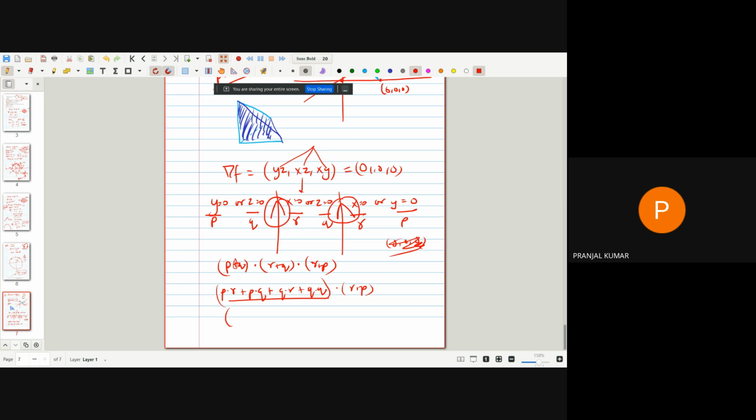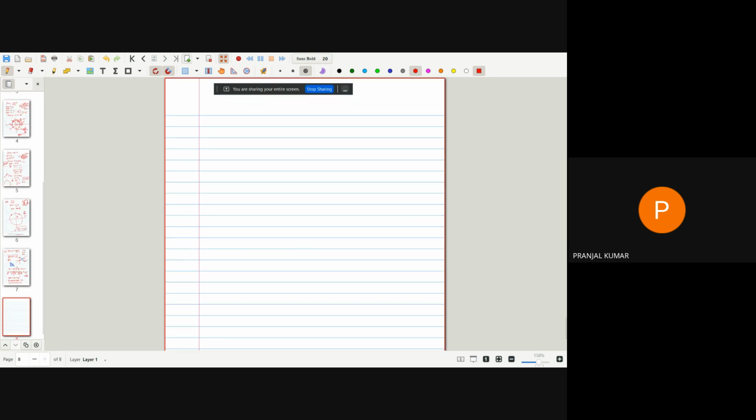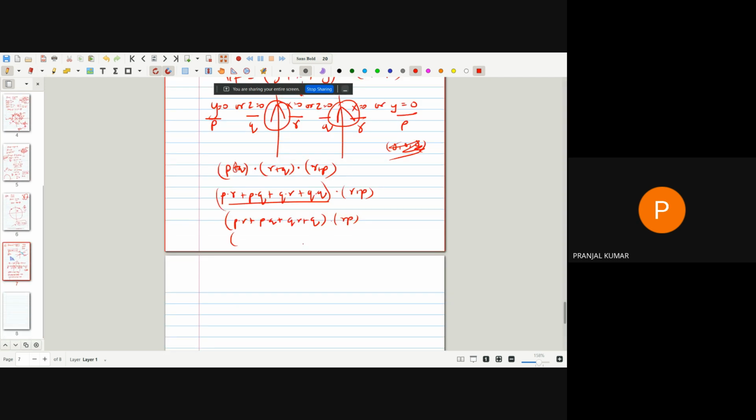This is not part of the syllabus, but still. So P dot R plus P dot Q plus Q dot R plus Q dot R P. Then okay, I am just solving. Don't worry about this. Then you will get